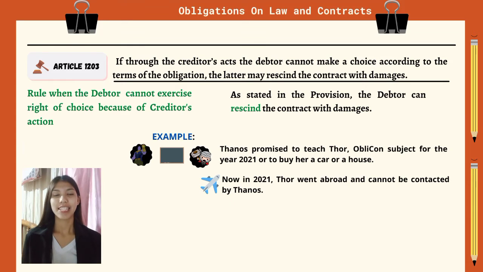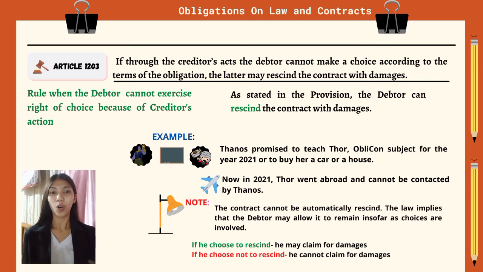Example: Thanos promised to teach Thor Oblicon subject, the law on obligations and contracts subject, in year 2021, or to give him his car or his house. Now, in 2021, Thor went abroad and he cannot be contacted by Thanos. So, here in our example, Thanos has lost the right to choose the first option, which is tuluan si Thor og Oblicon as subject. And so obviously because of Thor's action, Thanos can cancel or rescind his contract, and he may also claim for